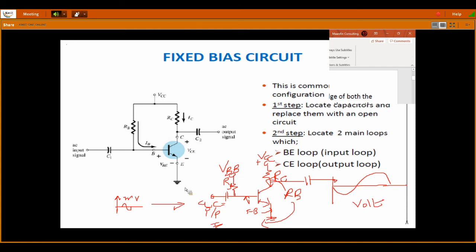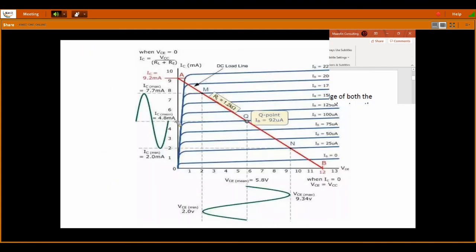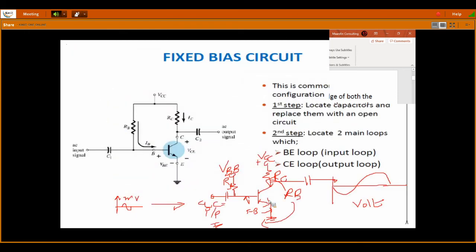As I already mentioned, for the output characteristics of this DC analysis, we have VCE on the x-axis and IC on the y-axis, with the variation for fixed values of IB. Now, this is the operating point, or the quiescent point. How could we get this quiescent point, and how could we get these A and B points? The line which joins the A and B nodes is called the load line. Why we call this a load line: now here, our collector current.